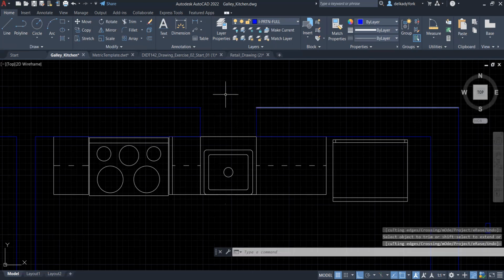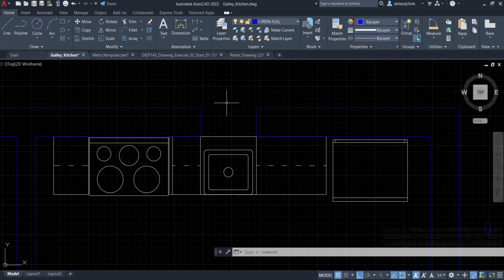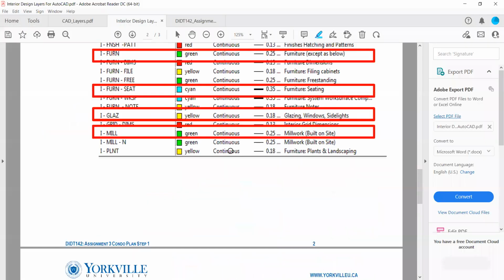Okay, so the eye glaze, we need to create the eye glaze layer. So let's do that. Here, let me see how it looks. The eye glaze layer. Okay, it's yellow, all right, and it's 0.18. And that's about it. And it's called eye glaze. So let's start creating